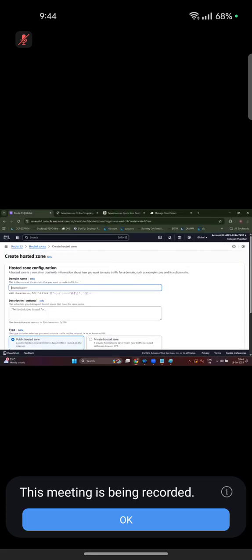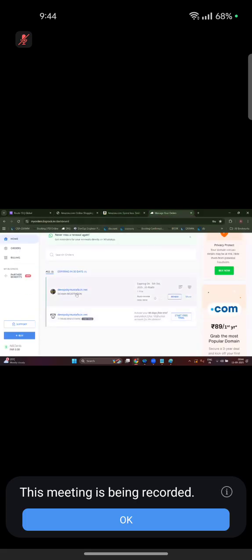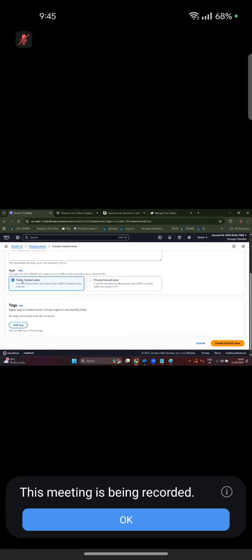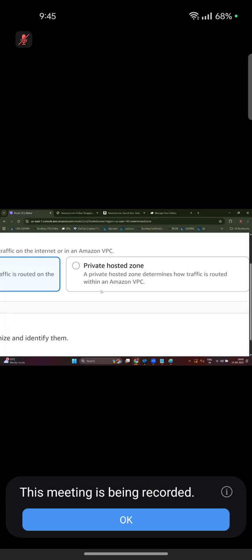Here, the hosted zone is nothing but the name of my domain. As you can see, I already have a domain. What is the domain name? DevOps by Mustafa.in. It's my brother's domain, and I'm using it right now. We already purchased that one. Coming to type, it is public or private. Public means if people from the internet want to access your application or server, we need to give public. Private means if you want to use any application